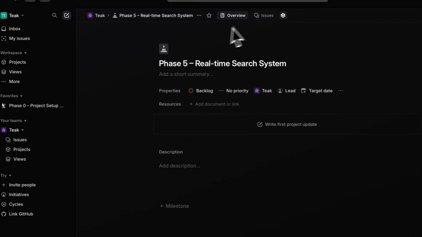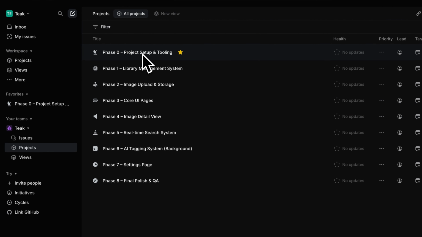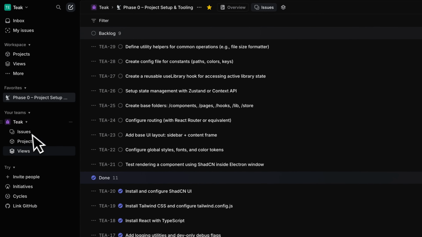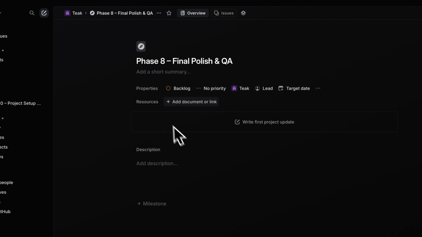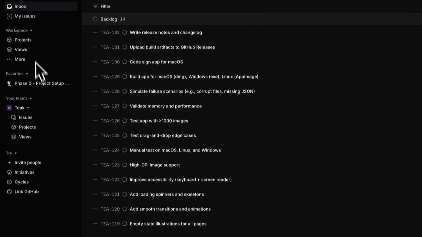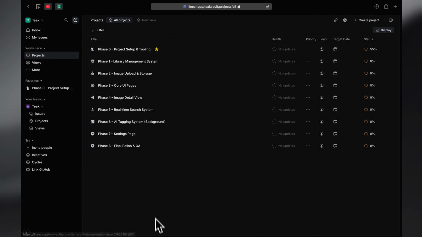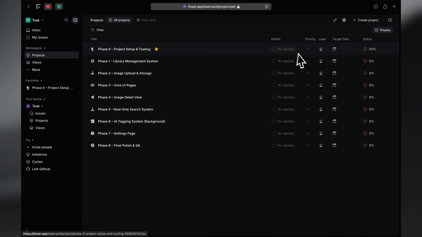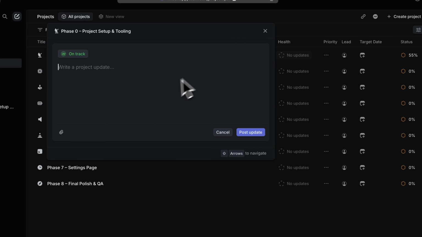It's easier to go phase by phase, and the project doesn't have any text per se in it. If we go to the final one, it doesn't have any description or anything. I just go into issues and do that. So yeah, that's it. I separate them by projects, and inside them I have issues, so I can create projects one by one, and it's easier to